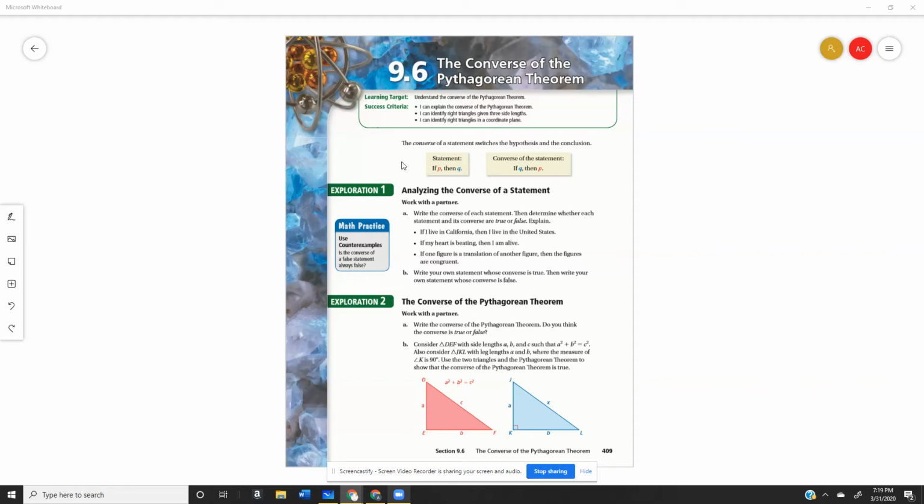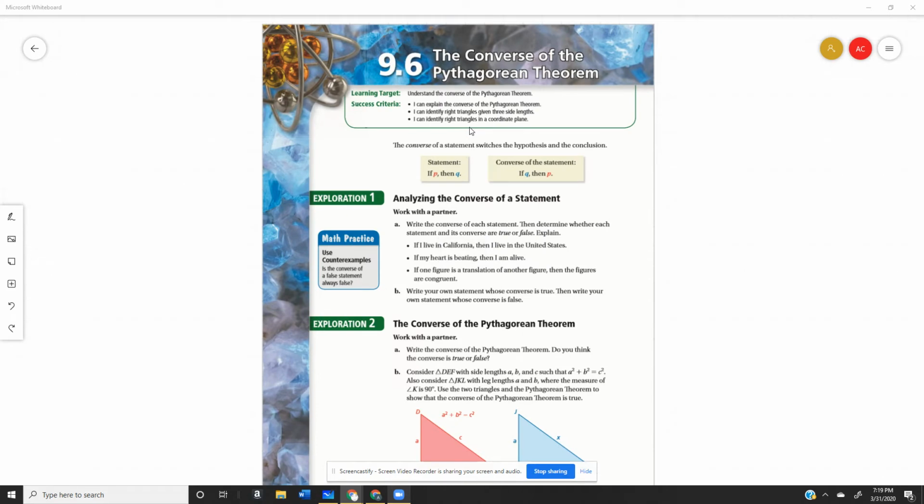Okay, welcome to 9.6, the converse of the Pythagorean Theorem. Today, our learning target is to understand the converse of the Pythagorean Theorem. Our success criteria will be measured by our ability to explain the converse of the Pythagorean Theorem, our ability to identify right triangles when we are given three side lengths,